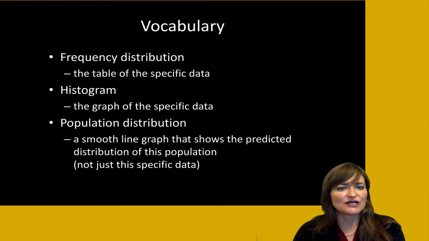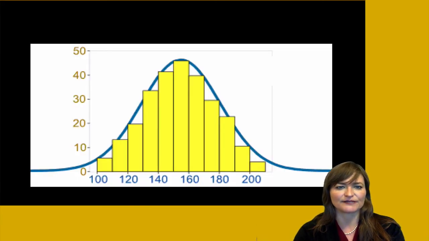Another very related concept is the population distribution. So often you will see a smooth line graph that shows not a specific histogram, but the predicted distribution of the underlying population. Let me give you an example of what I mean by that. Let's say these were your test scores. So on a particular day, this is how the class scored. You can see the yellow bars representing the actual data,